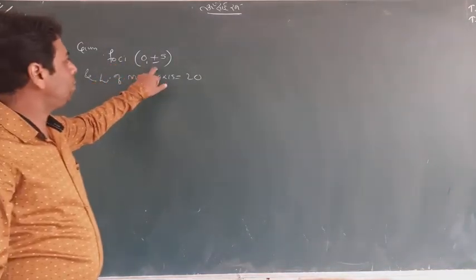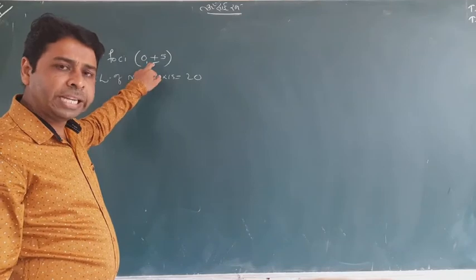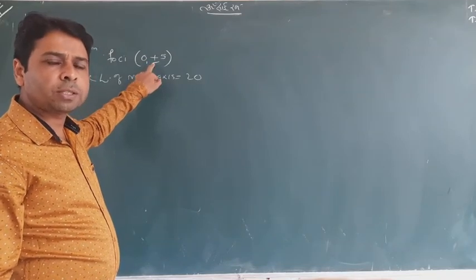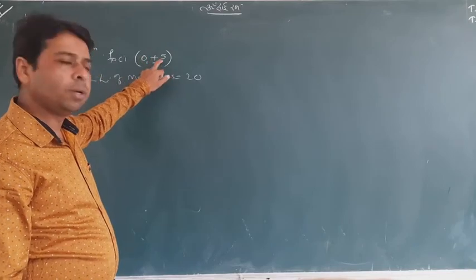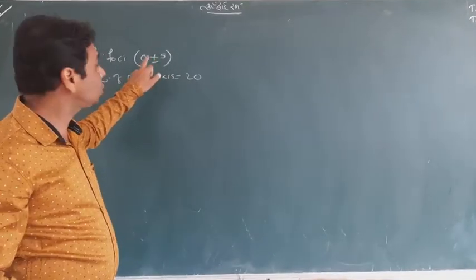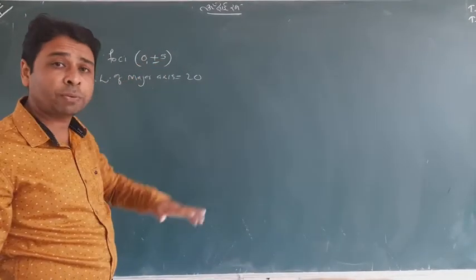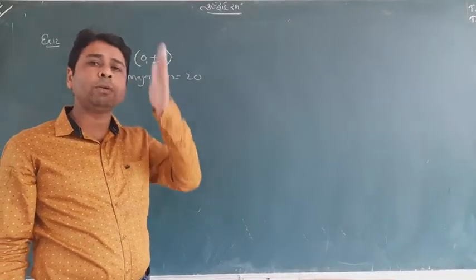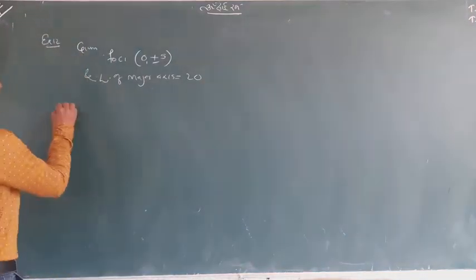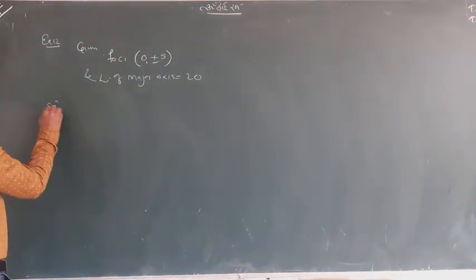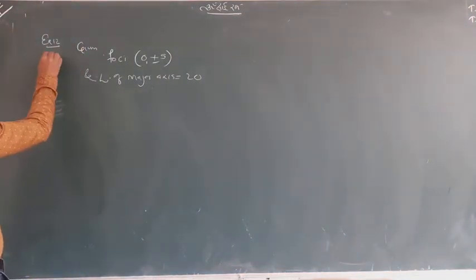Only one thing will definitely lead us to what we can suppose the equation of ellipse to be. The foci are 0, plus minus 5. It is indicating that the foci lie on the y-axis. It means our ellipse is also along the y-axis. So I will write here: solution.